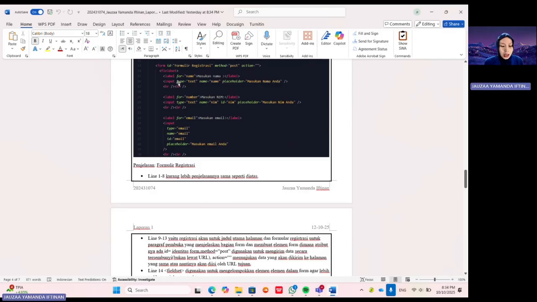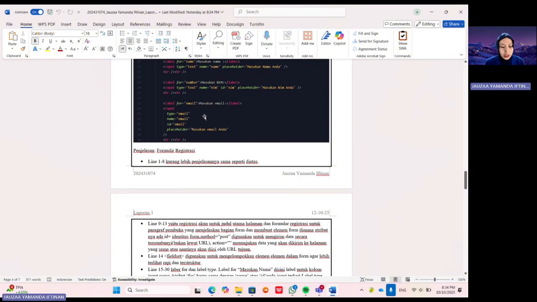For example, the name field uses input type text with the placeholder "Enter your name". There are also fields for student ID and gender. For gender, there are two radio buttons, one for male and one for female.